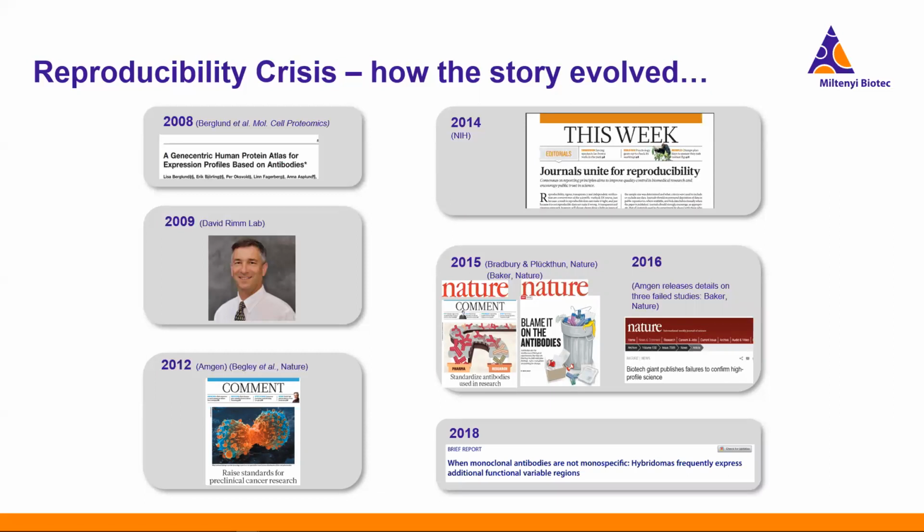And then most recently, in 2018, a group explored 185 hybridomas chosen at random. They found that roughly 2/3 of them were producing antibodies with alternate heavy and light chains, which obviously is going to affect the specificity as a protein binding reagent. And then again, in their conclusion, they called for the use of recombinant antibodies in both research and diagnostics.